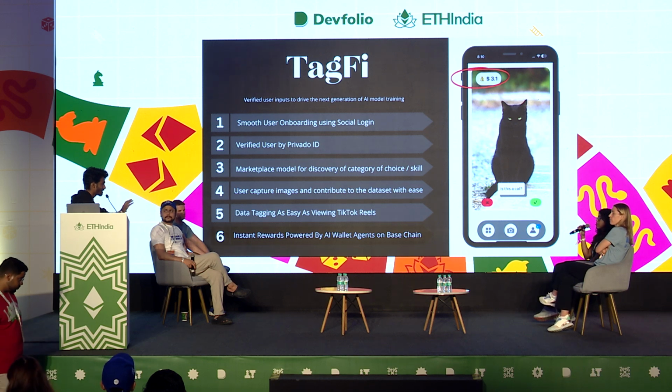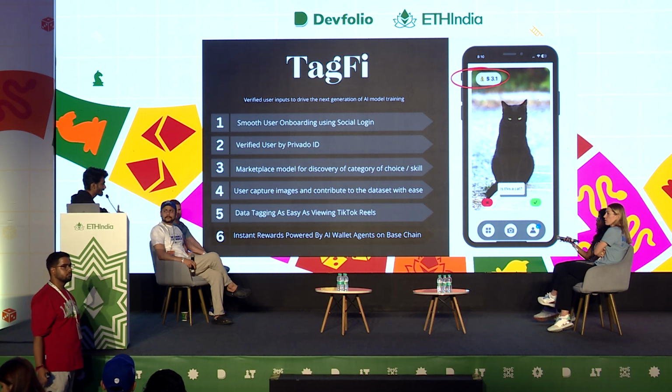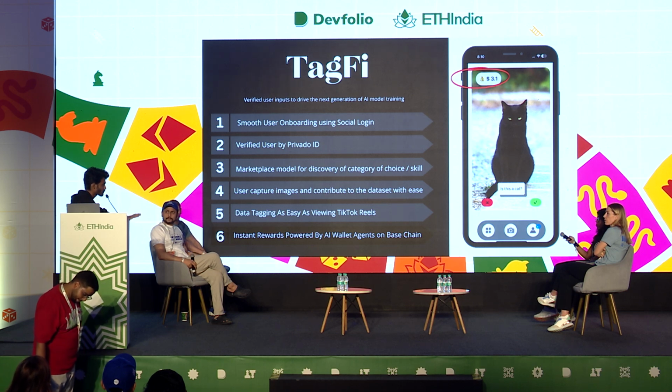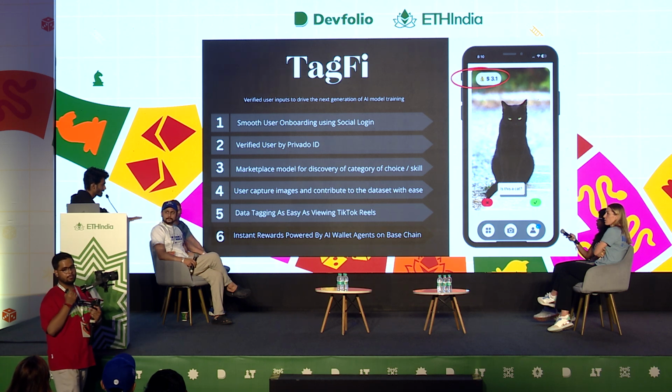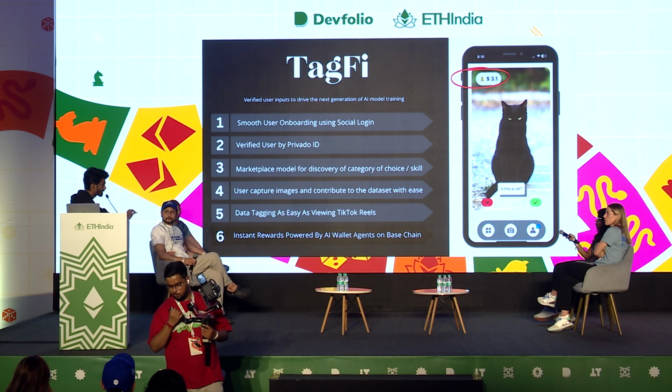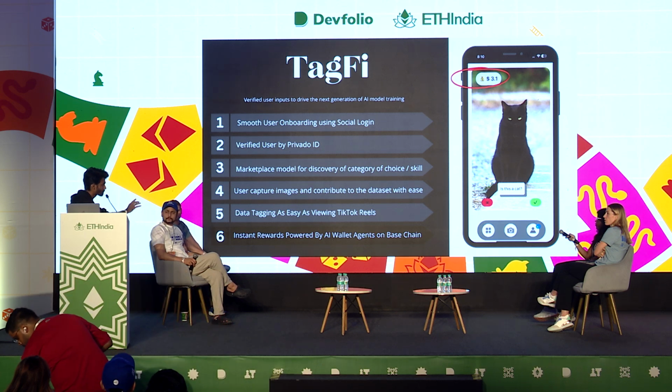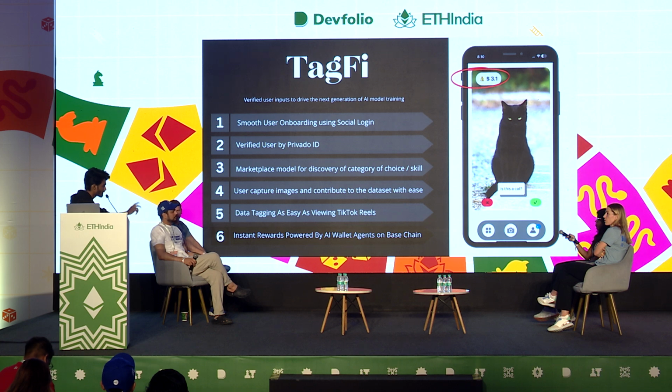Right. So let's say I want data of 10,000 bananas, but at the same time, I need subcategories of it. I just put down the bounty for banana, and the AI agent determines what the different subcategories can be. So we had 4 subcategories for banana: ripe, overripe, rotten, and the fresh one. This is what the AI does, it just figures out the categories, and now the humans would actually figure out